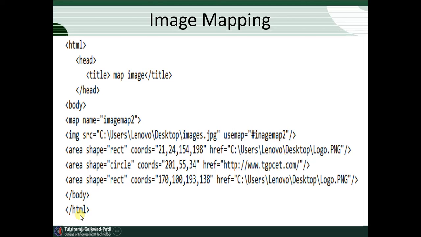Here we have used the hyperlink concept and we hyperlink the image, or we create the hotspot area on that particular image. In the normal way, we hyperlink the whole image, but if one particular image has different objects and we want to hyperlink a particular object, then the simple hyperlink concept is not usable. So we have to use the concept called the image map concept. If we use different objects to hyperlink, that concept is called image mapping.